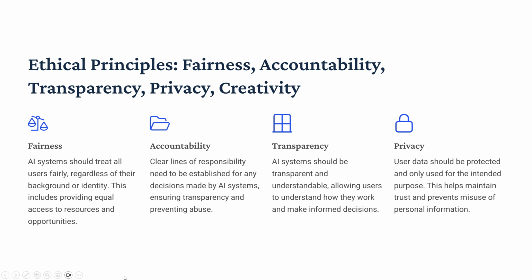So for fairness, the AI system should treat all the users fairly regardless of their background or identity. This includes providing equal access to resources and opportunities. So we want to make sure that the same opportunities are given to all musicians, and we want to avoid bias in any of the recommendations that are made after the music is generated. From an accountability standpoint, there need to be clear lines of responsibility established for any decisions made by the AI systems, ensuring transparency and preventing abuse. So we want to make sure that we're documenting any AI decisions and ensuring that there's human